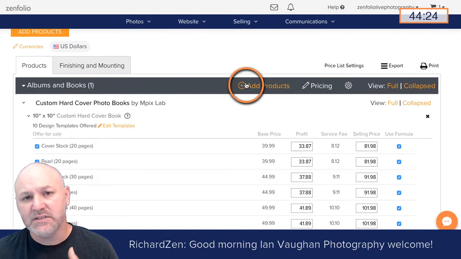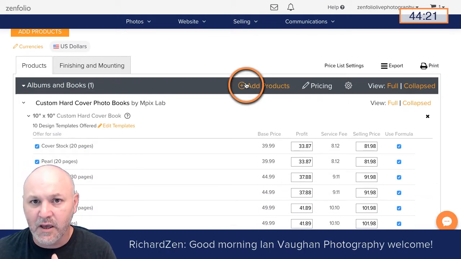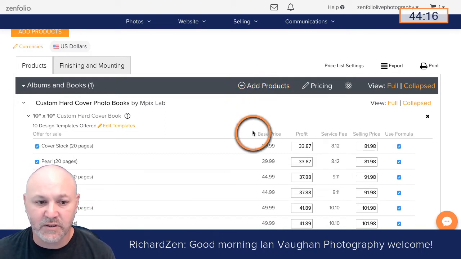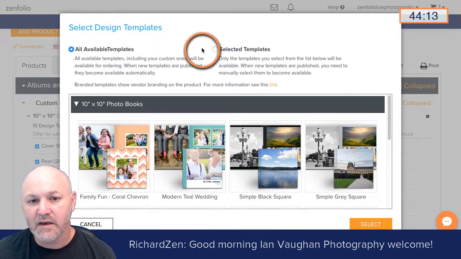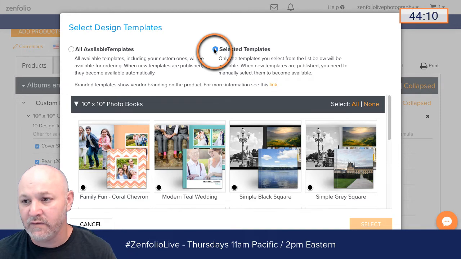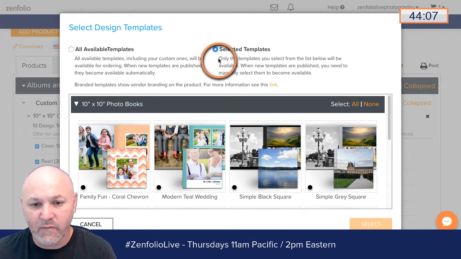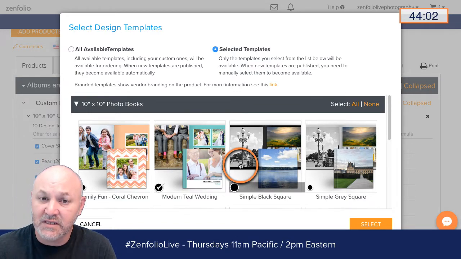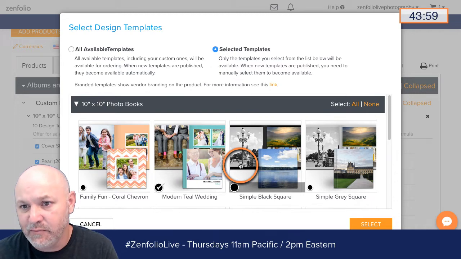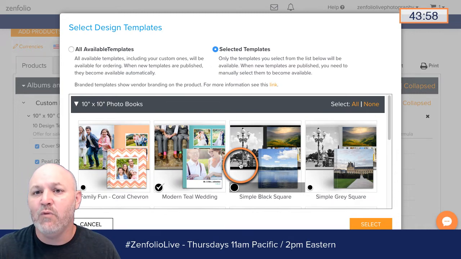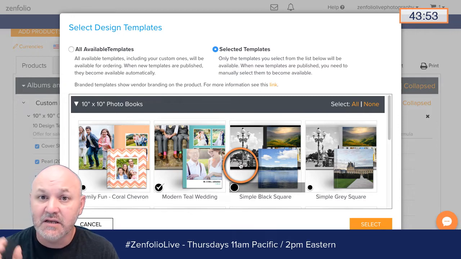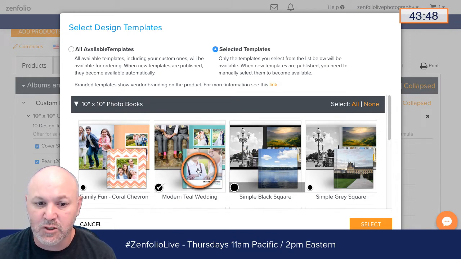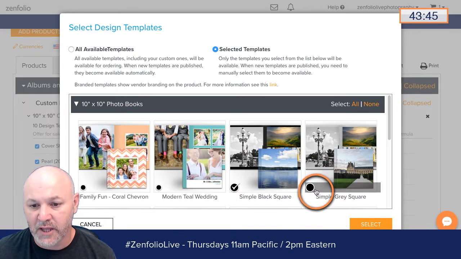And then what we're going to do is we're going to talk a little bit about paper options here, page options, which I didn't show you in packages, but I'm going to show you here. And then we're also going to talk about the templates. So first, let's edit those templates down. Again, I'm going to be choosing only the templates that are really relevant for wedding photography for my wedding clients. So maybe the modern teal, and maybe we want this a la carte option to have fewer templates. Maybe we want to set it up so that if they really want a lot of different options, they need to go with the package album instead of buying it a la carte. So maybe you want to limit this to just the simple black or simple gray.